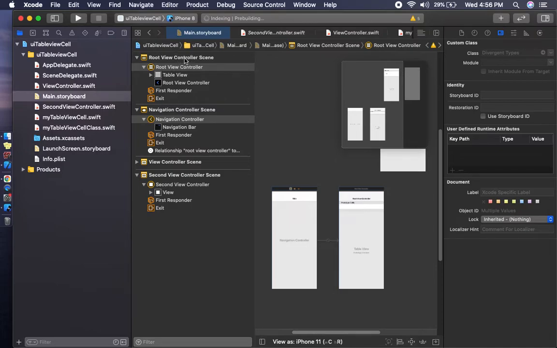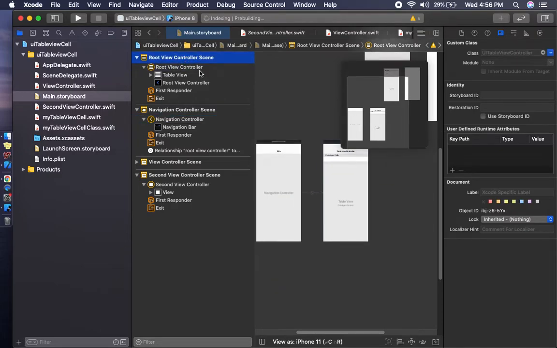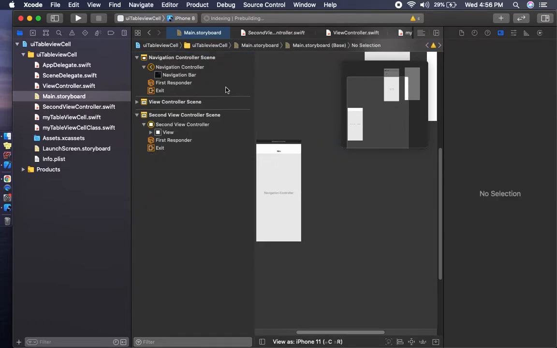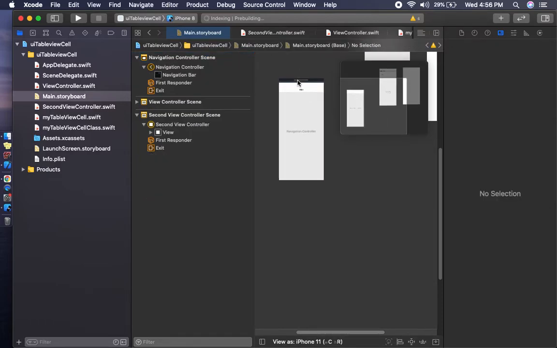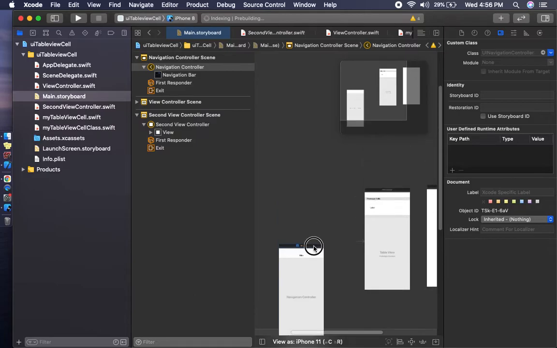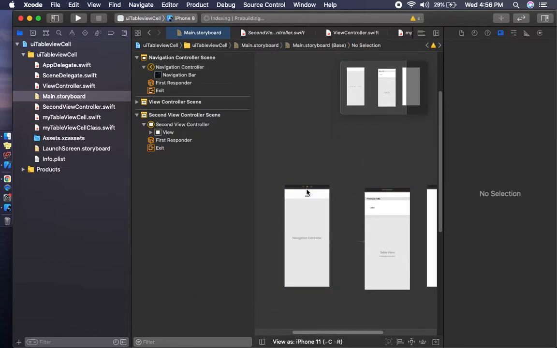So we are deleting the root view controller class.